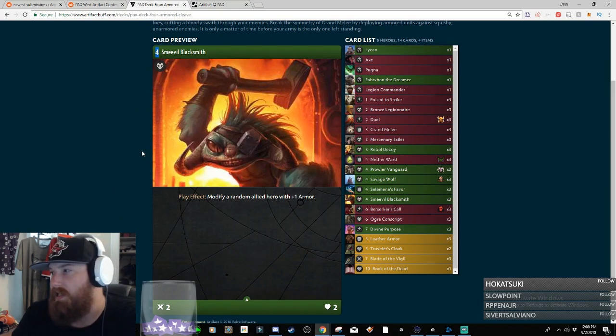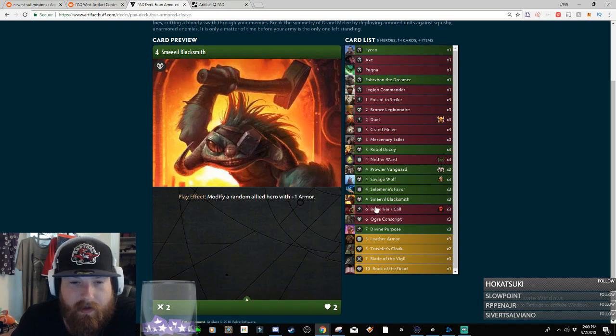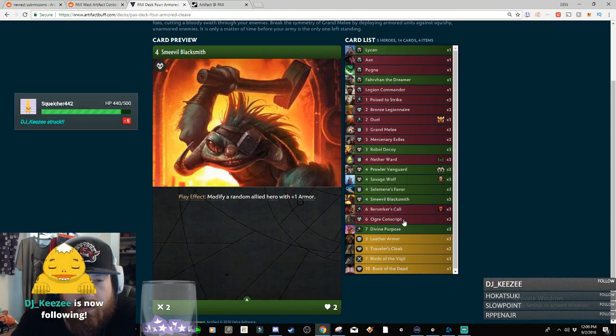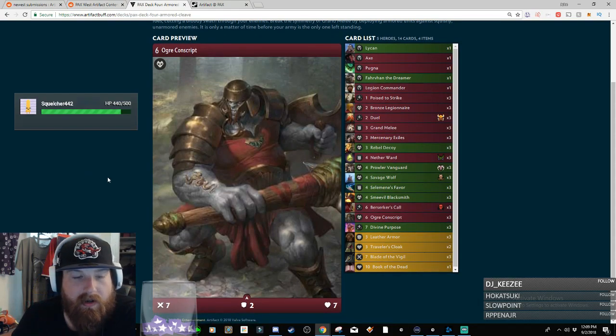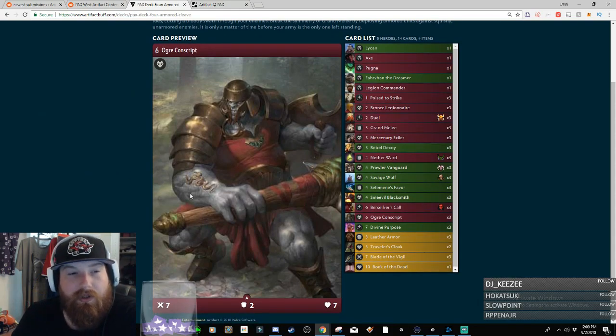It's just very weakly statted, and we'll have to see if spending 4 mana is going to be worth that ability. Moving on here, let's talk about the Ogre Conscript. It is a 6 mana red creep. 7 attack, 2 armor, 7 health. So just a big old dude. Very hard to kill, very strong